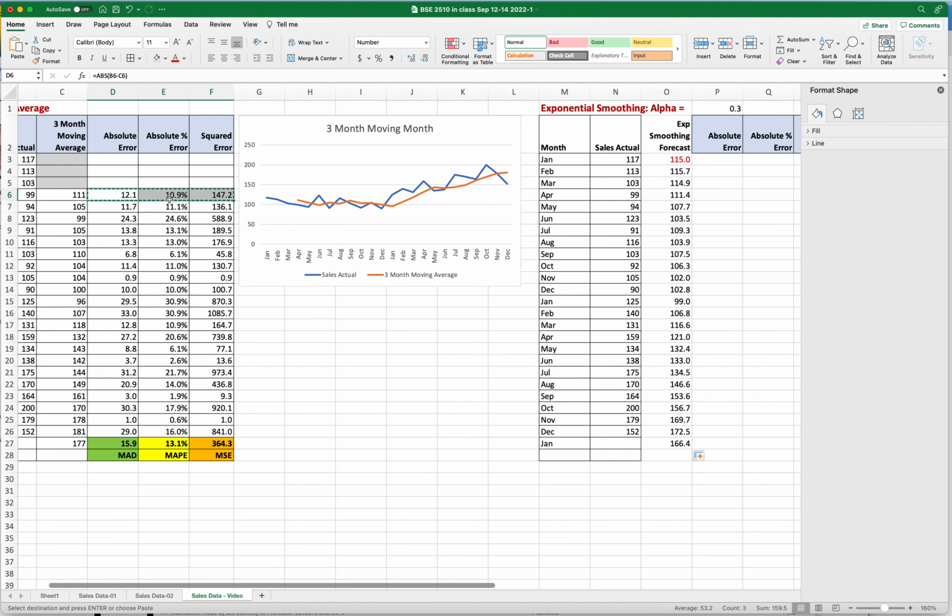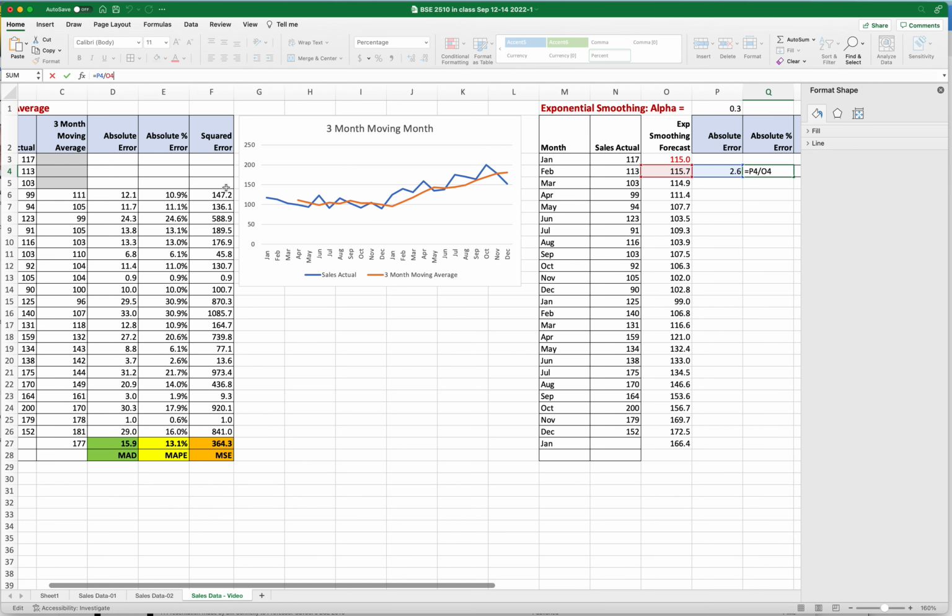Copy, as I'm copying it, Control C, and I got the dashed lines, and I say Control V to paste. And now if I look at it, it takes the absolute value of exactly what I want, the actual sales. If I look at the percent error, it takes the absolute error and divides by,